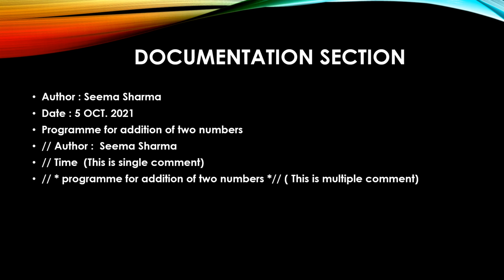Whatever comment you want to include, you can include, whether a single line comment or a multiple line comment, it's up to you. Now, what is the purpose of including this in a program? If the compiler ignores this and will not execute it, then what is the purpose of including these lines in the program? It is just for understanding, for future use.